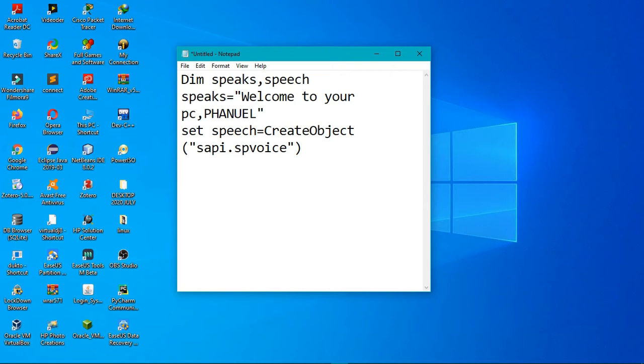Then you move to the next line, which is our last line. You type speech dot speak, then speaks, right? And then you save your file.